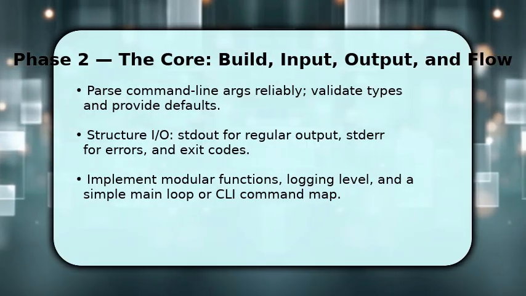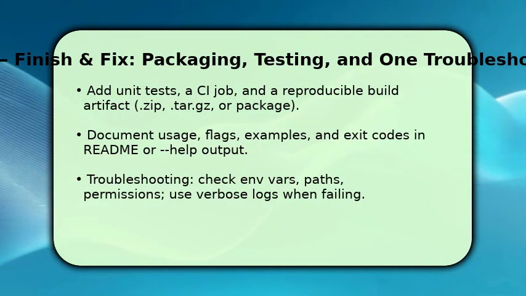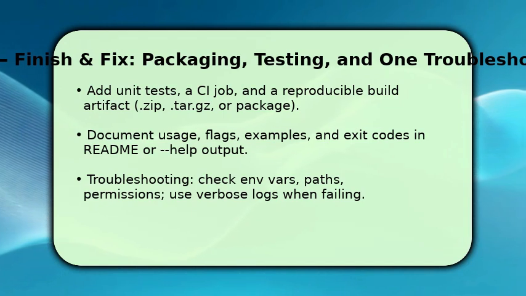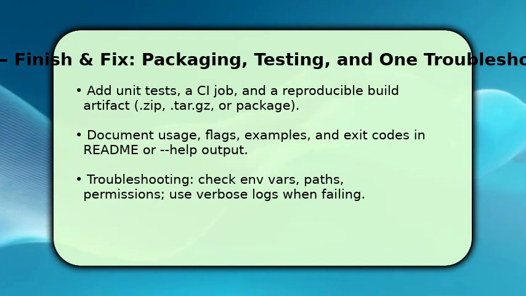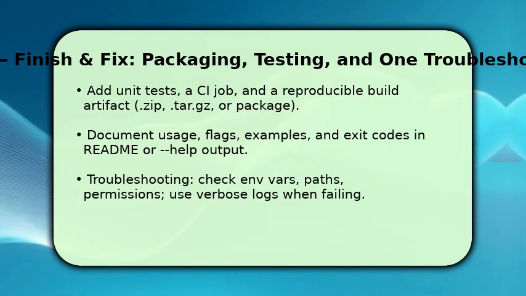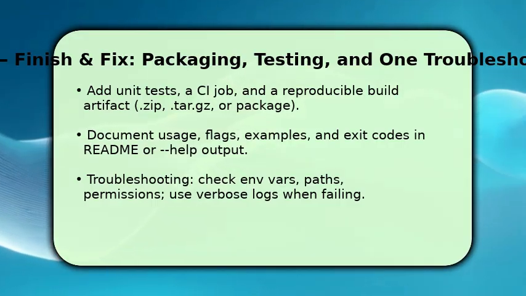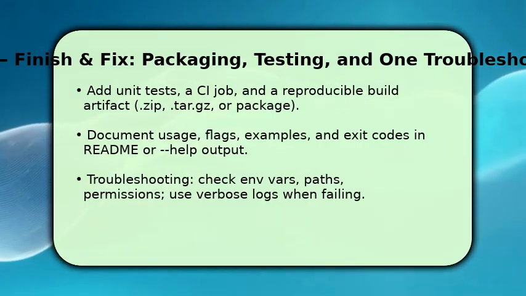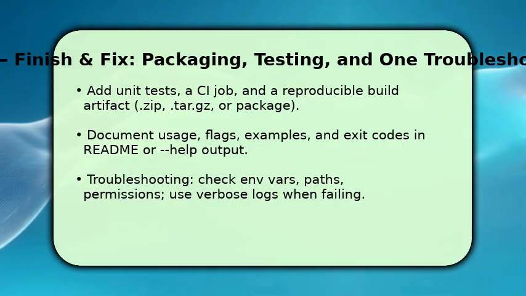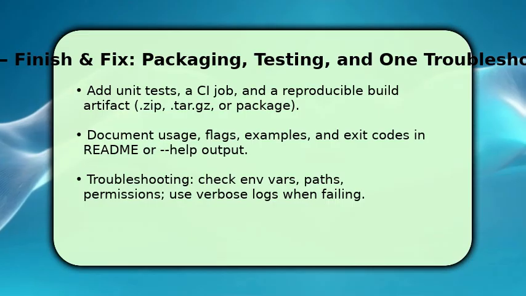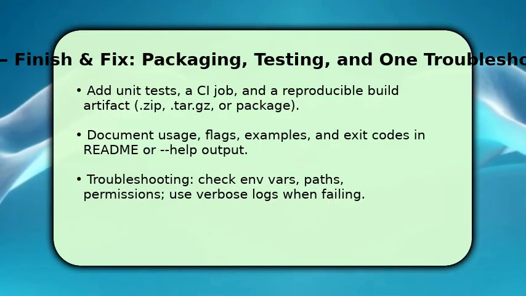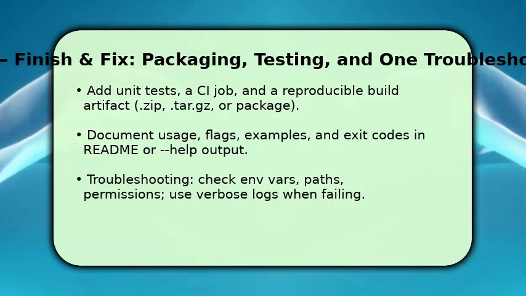Finish by packaging and testing. Write unit tests and add a CI step that builds an artifact such as a zip or package. Document usage and flags both in a README and with a help command so users don't guess. Once packaged, run integration checks on target platforms and adjust permissions or shebang lines if needed. If something breaks, check environment variables, execution path, and file permissions first. Then rerun with verbose logs to see the failing call stack, which usually